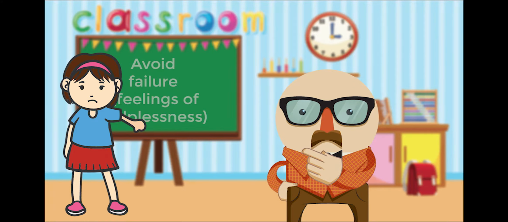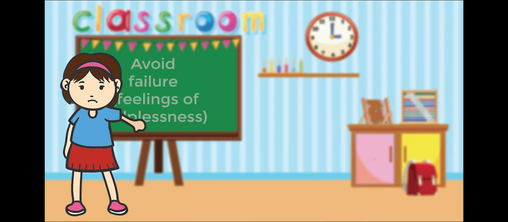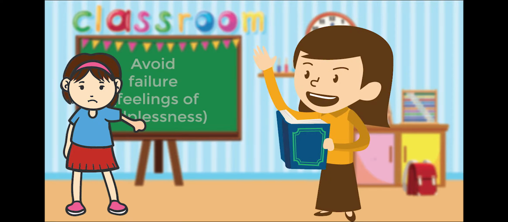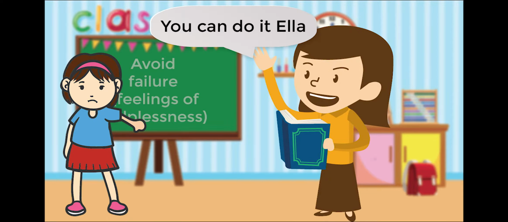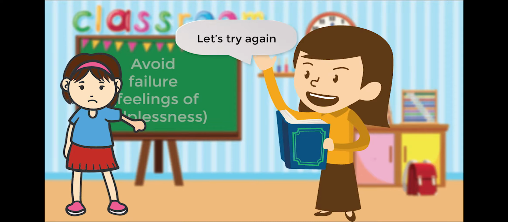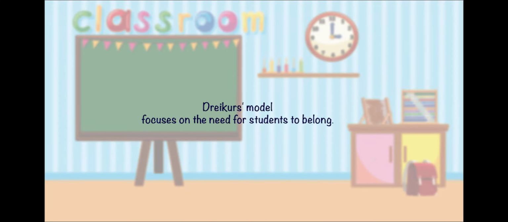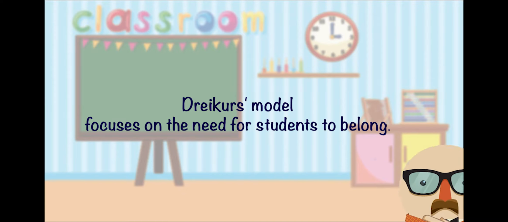Instead of giving Ella the chance to remain quiet in class, the teacher should continue to call on her and should encourage her for making an effort. This pattern of consequence and encouragement might help Ella's feeling of helplessness when it comes to the ABC spelling. Dreikurs' model focuses on the need for students to belong. These examples not only present common daily and classroom behavior issues, but demonstrate how Dreikurs' model of discipline can help